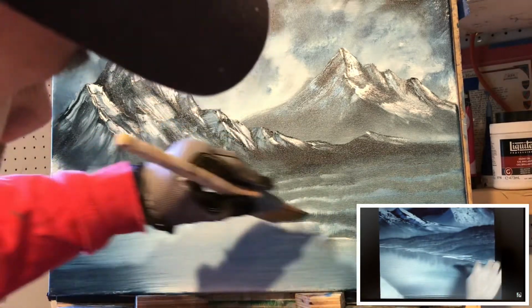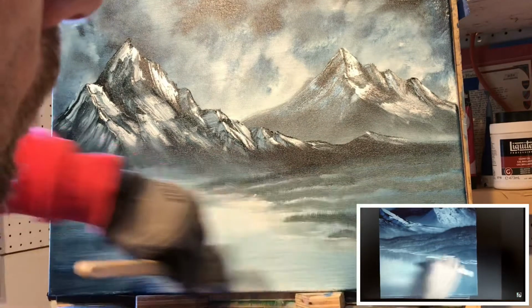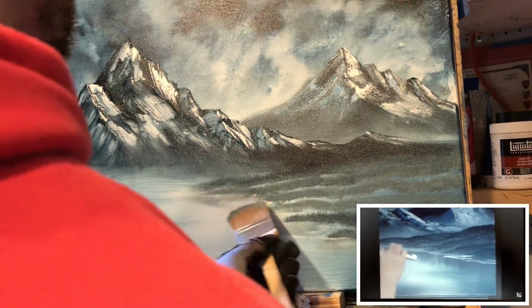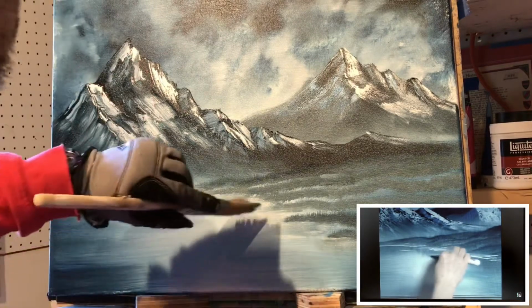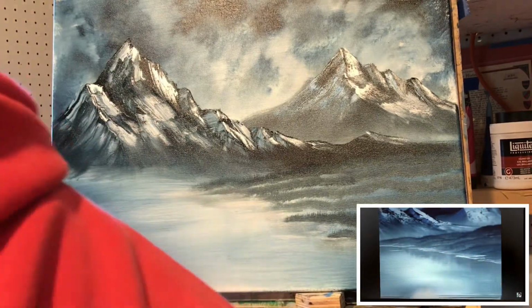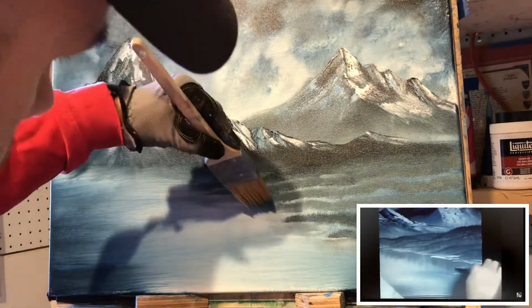There. But keep these lines basically straight. Even though they're coming downhill, keep them straight, or it'll look like your water's going to run right out of your painting. Maybe a little ripple here and there. You don't want this water to run out on the floor and get your floor wet. So keep all these lines basically straight,